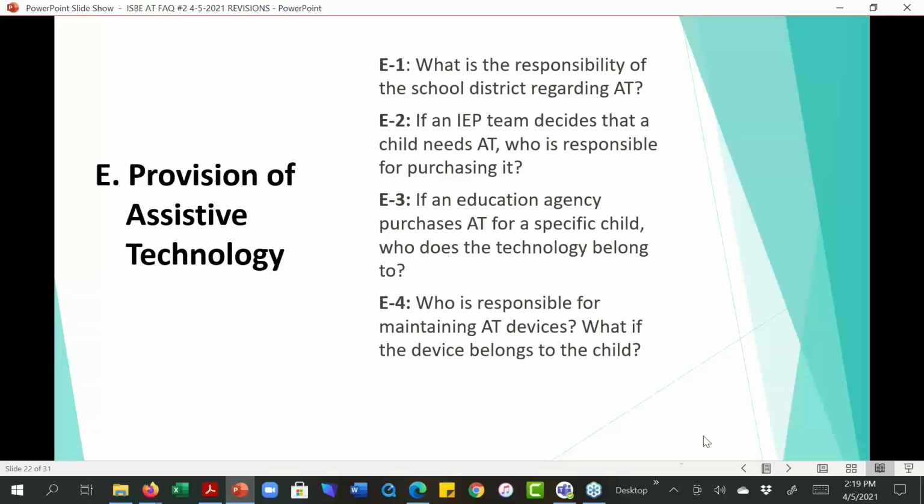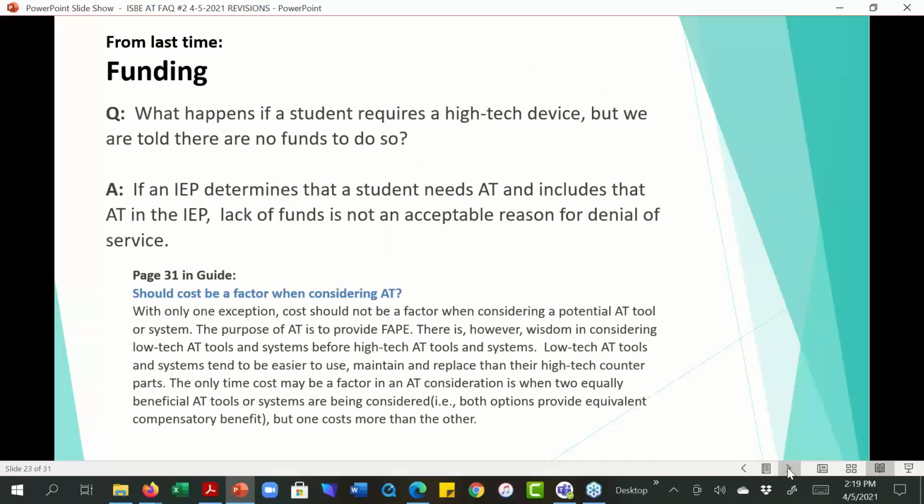What if the device belongs to the child? Now you will see answers to all these questions in the frequently asked questions document, but we also had a question in this section that I wanted to share with you from last time, which is what happens if a student requires a high-tech device, but we are told there are no funds to do so.